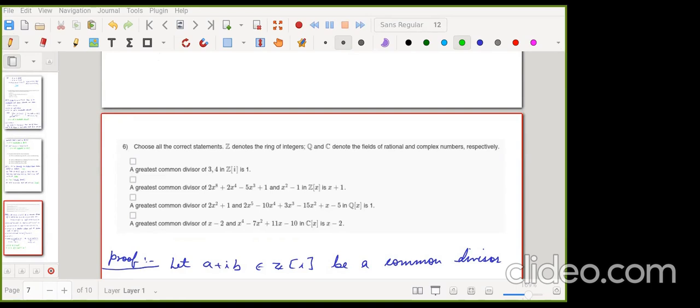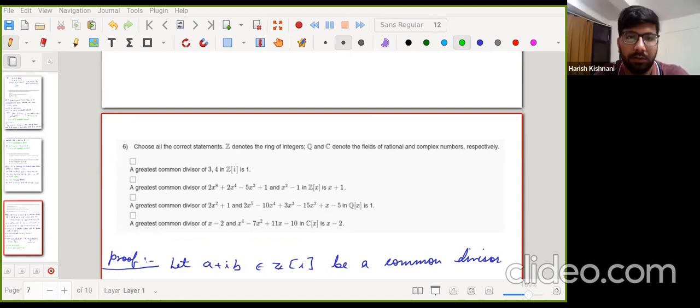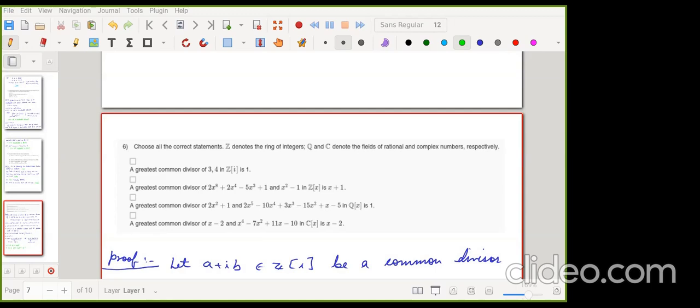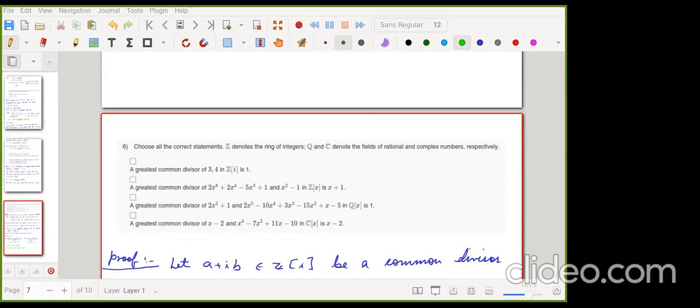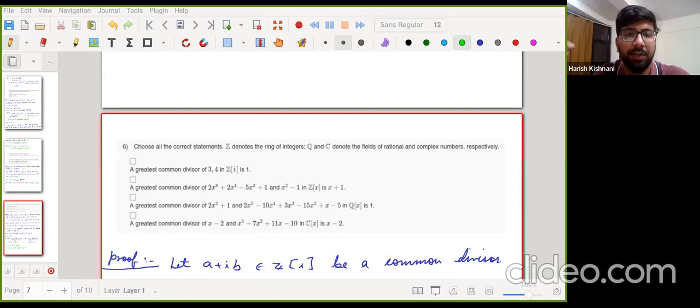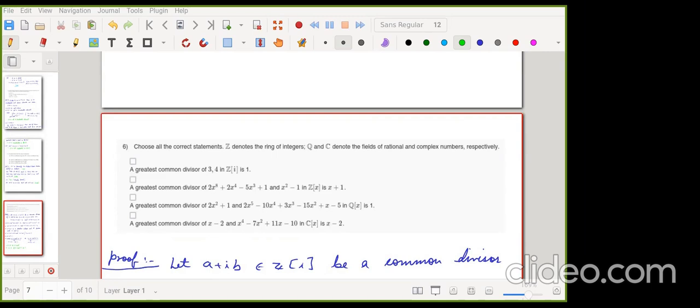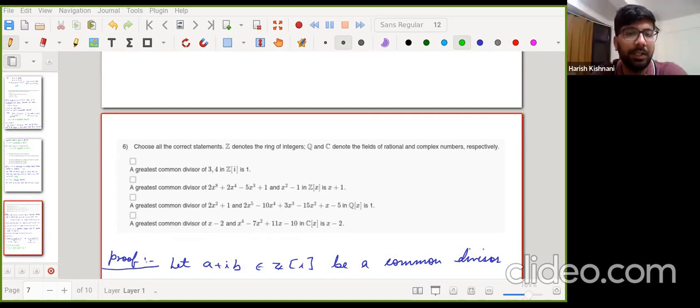Next, sir, the quotient ring R over I contains exactly one maximal ideal or infinitely many maximal ideals. Among these two, which one will be correct, sir? The third one, that it has exactly one maximal ideal. Why is it so? Maximal ideals of R by I are in one-one correspondence with the maximal ideals of R that contain this ideal I. If you consider J to be a maximal ideal that contains I, then J is also a prime ideal, because every maximal ideal is a prime ideal.